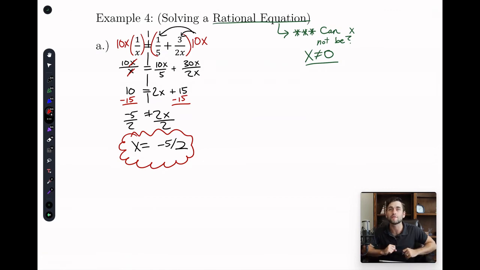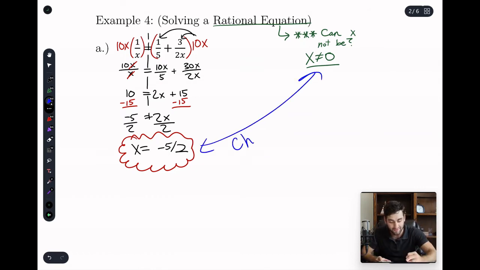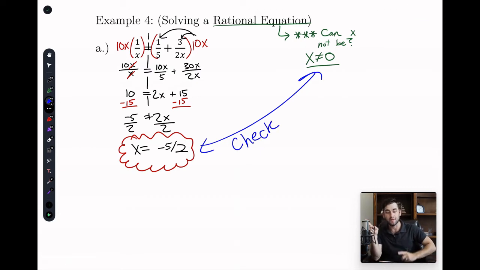I'm glad I had that note over there because you know what I forgot to do when I got my answer? I'm so glad that note was there. I was about to move on. I'm going to draw this arrow so I always remember, and you always remember. At the very least, we got to check this. Is negative 5 over 2 the same thing as 0? No. So it's a good solution. Now, if that were saying x equals 0, we'd be like, oh, crap. X can't be 0. So then we'd have no solution. We'll see that later. But that's just a good thing to check every single time. That's why I make that note every time, because I have to check. And as I'm scrolling, I'm like, oh, crap, I forgot to check. Let me go check.